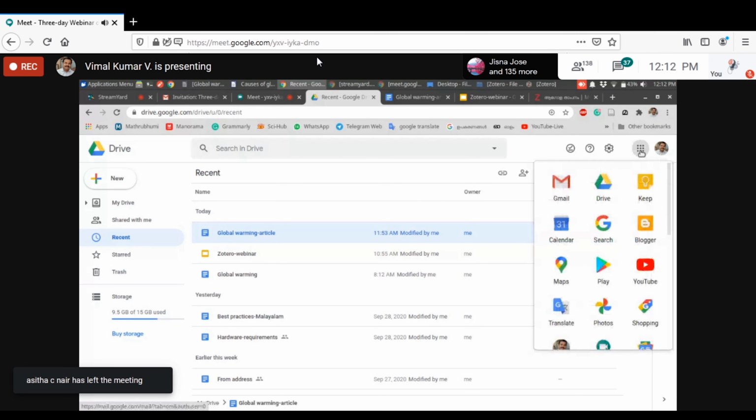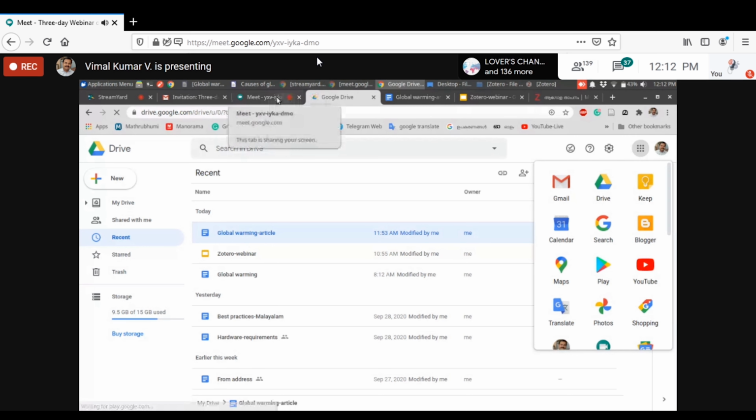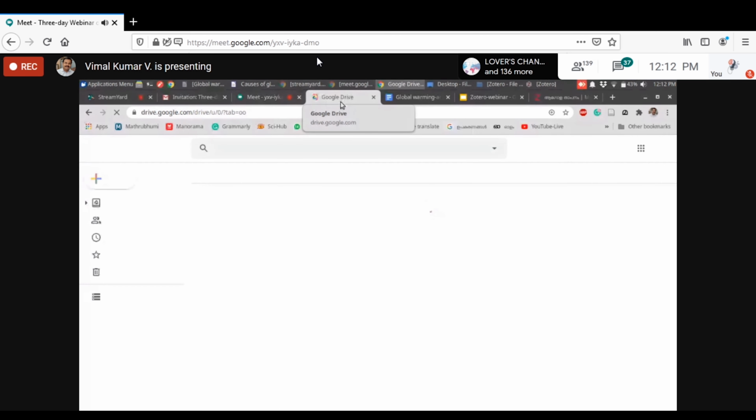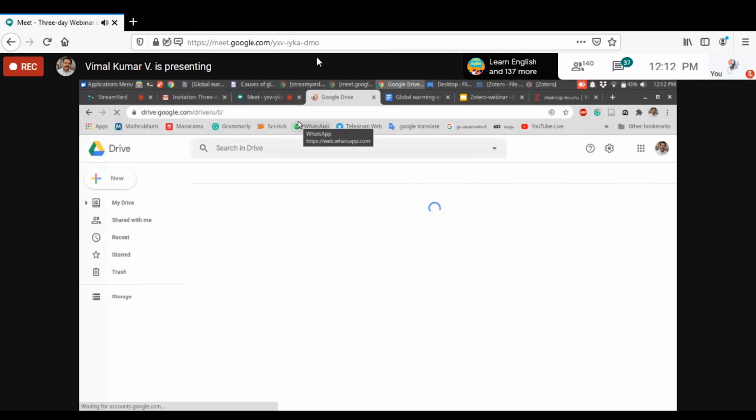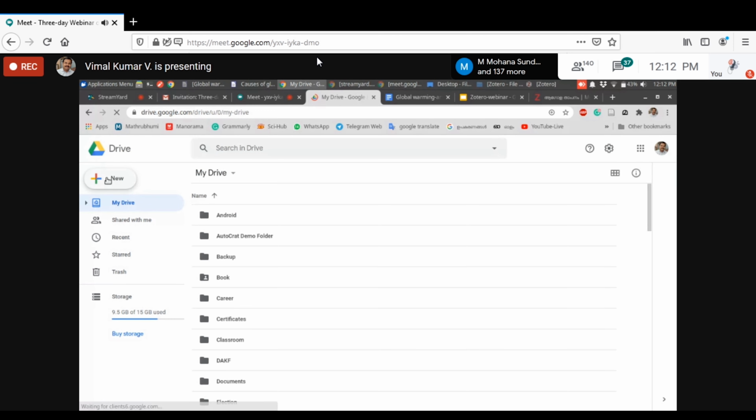On the right side, you can see some dots. There you can find Google Apps. Google Drive is an app from Google. Just click on Drive. You can find a New button at the left side of Google Drive.